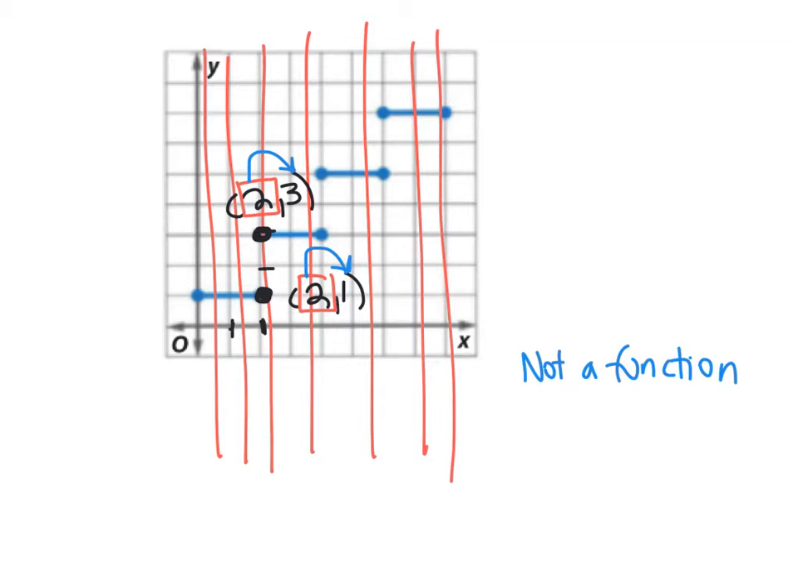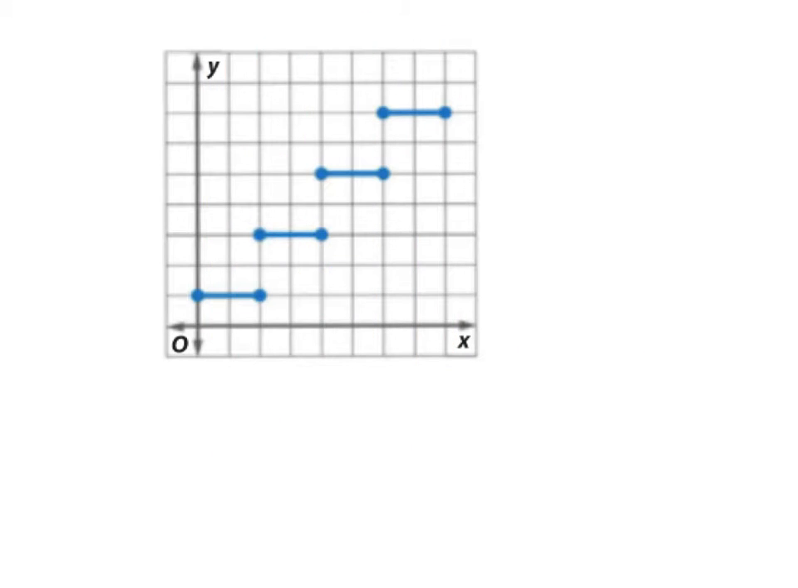Let me show you one more reason this is not a function. With these 2 points right here, I have 1 point that goes through 1, 2, 3, 4, 5, 6,